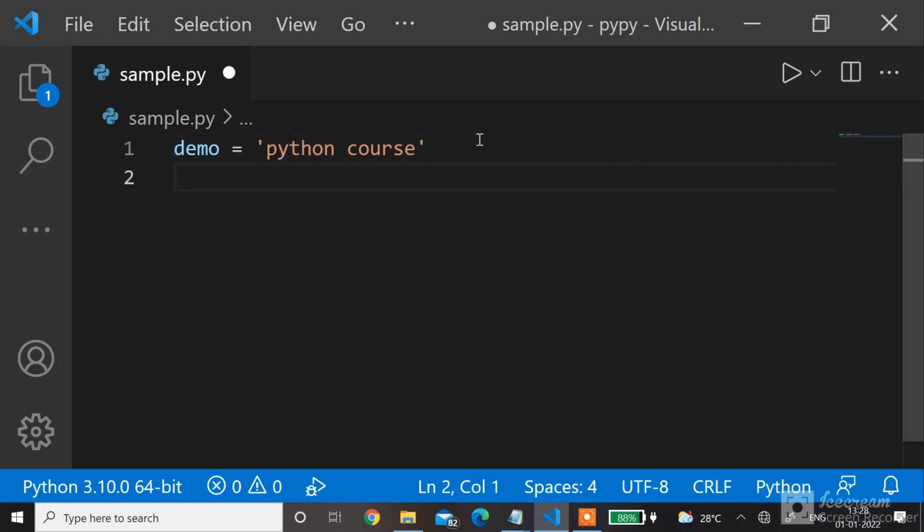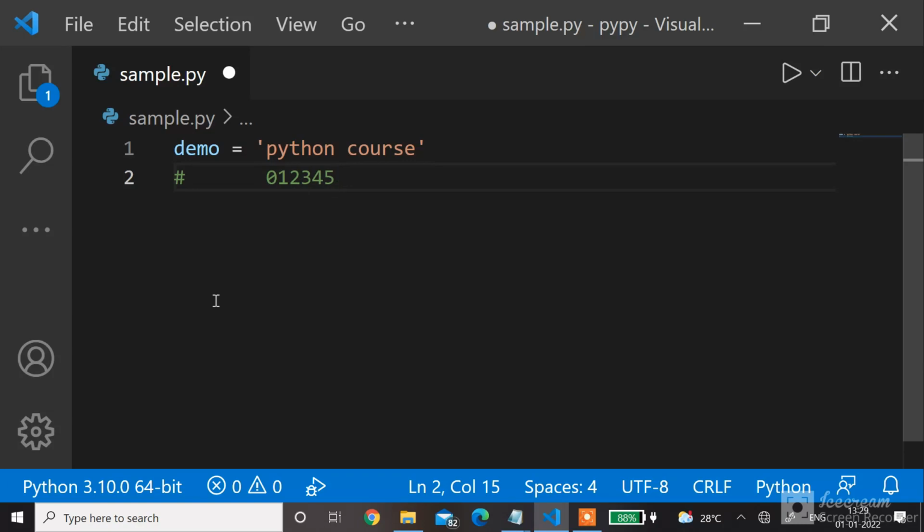Slicing and indexing. How do you access each character in a string? In that situation, we use slicing or indexing. In a string, all characters are indexed with a specific number that begins with 0. In the string, P is indexed with 0, Y is indexed with 1, T is indexed with 2, and so on.